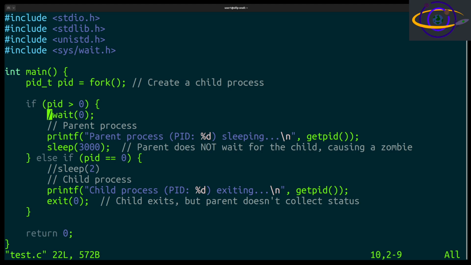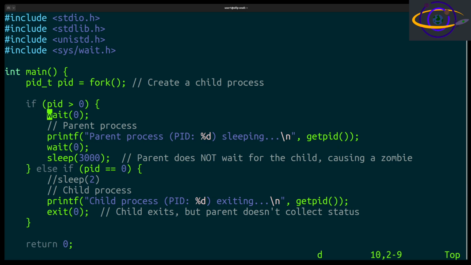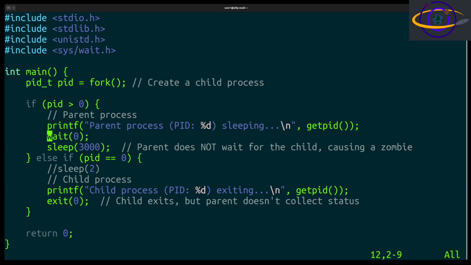So wait right here. So this is going to wait until, you know what, I'm going to actually go ahead and place this right after here. So it's going to still print out that statement, but then it's going to wait for the child process to complete, and then it's going to read its status. So yeah, there we go. So run that wait there,